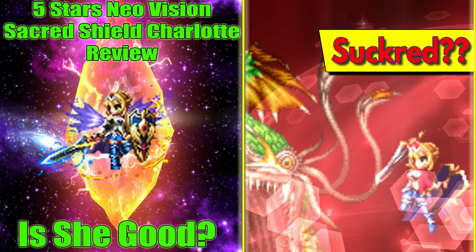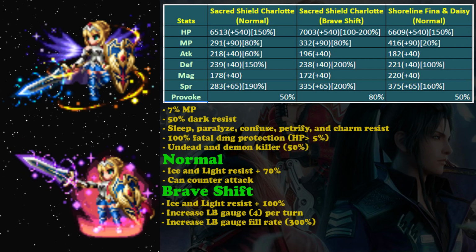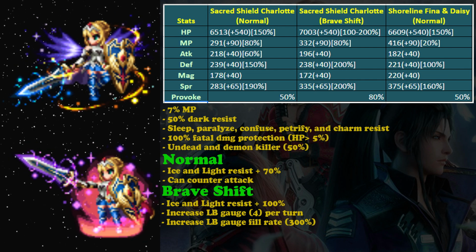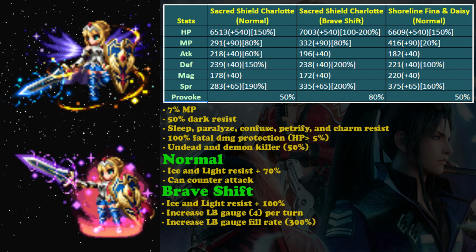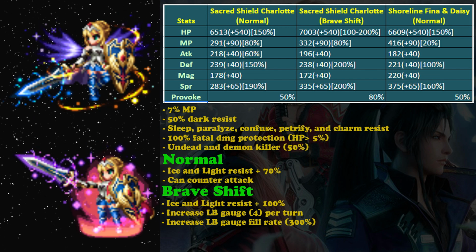Now I'm going to review Suckred Charlotte. So let's start from her stats. You can see that her stats are amazing. They are even better than Shoreline, Fina, and Daisy in terms of defense and spirit twist. But if you take a look at the raw spirit stats, then of course Shoreline, Fina, and Daisy are the